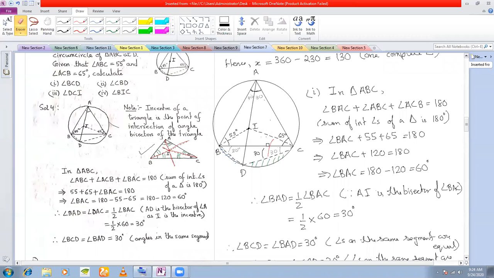Let us do the fourth question, and before that, let us mark what we have already found. Okay, so we have found here DCI, this entire angle. We have found this to be 62 and a half degree. Fine. So now we'll proceed here.